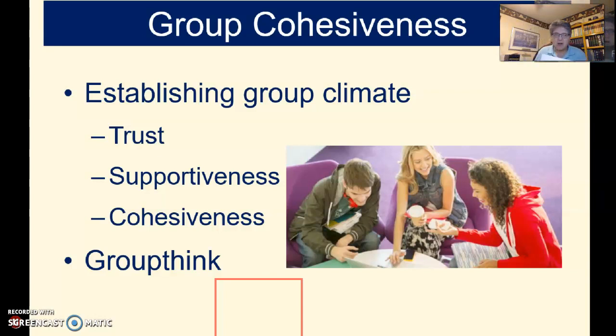But you'll notice here at the bottom of the screen is this word groupthink. Groupthink is a tendency that happens in groups where the cohesiveness, the glue, becomes overly hard and becomes almost a super glue, and the group is not able to function as productively as it should. And so these are the signs of groupthink. Groupthink is, first of all, an illusion of